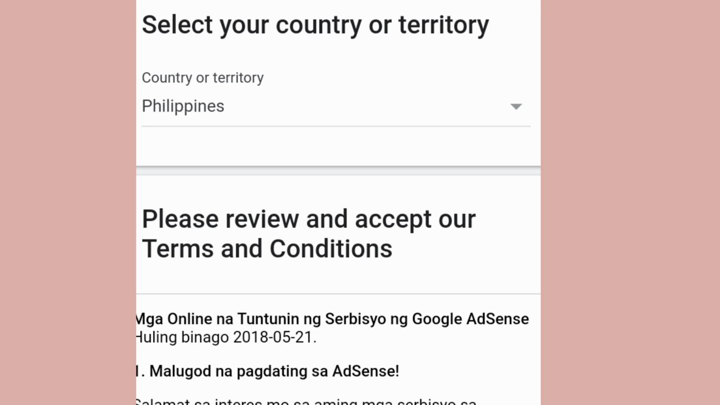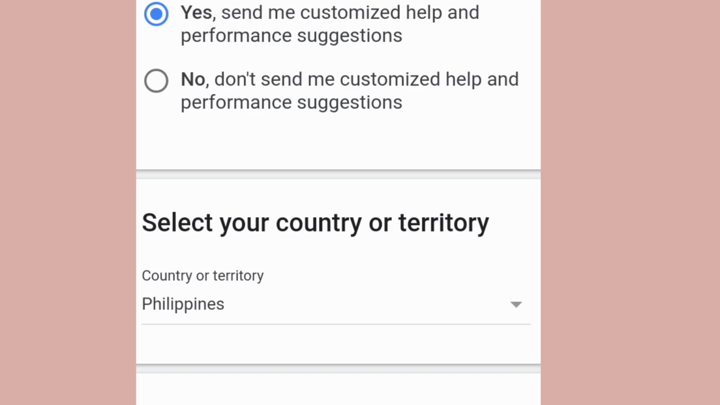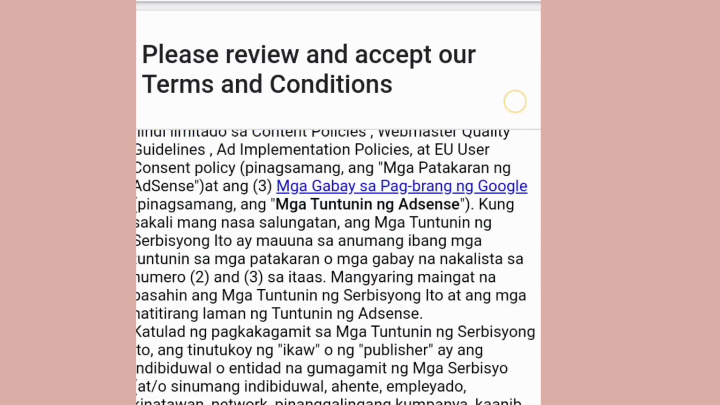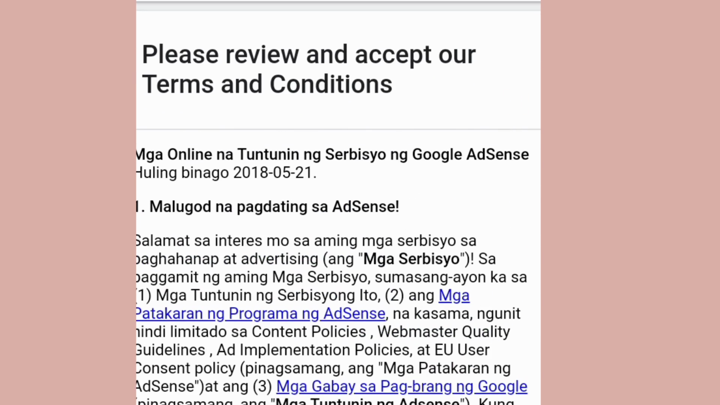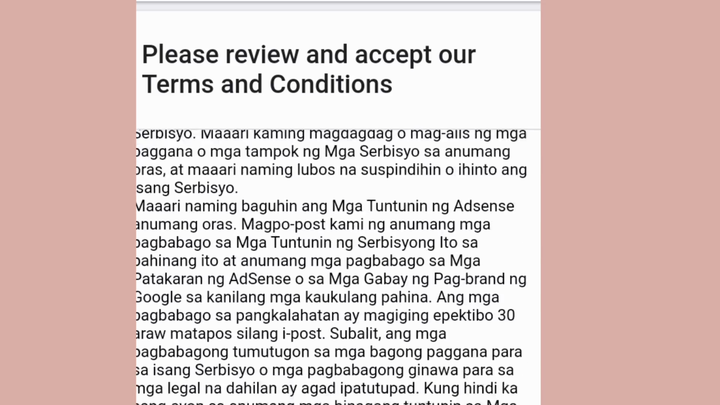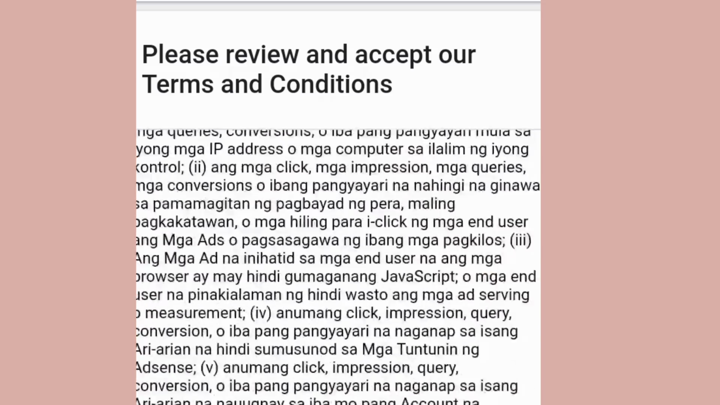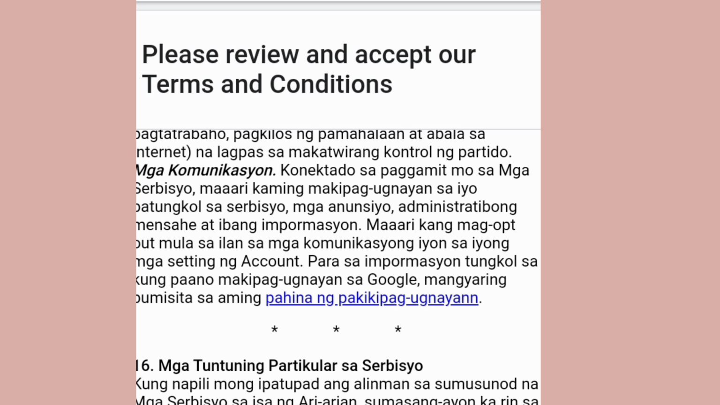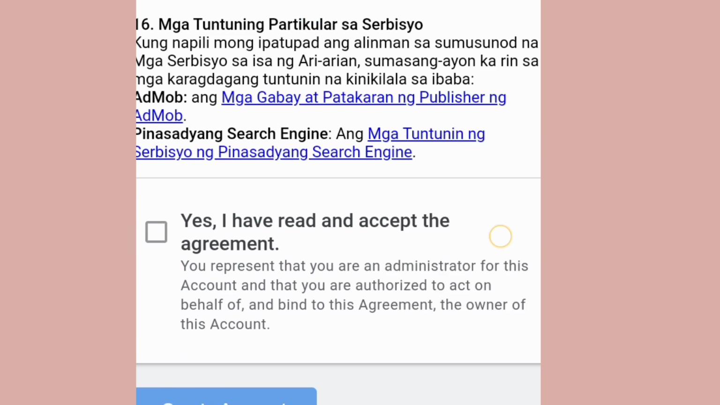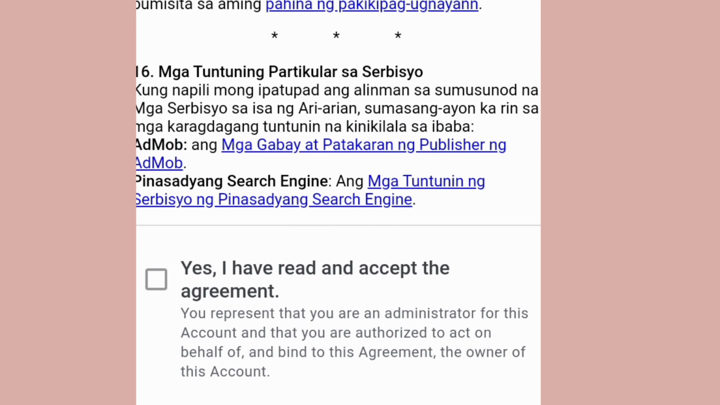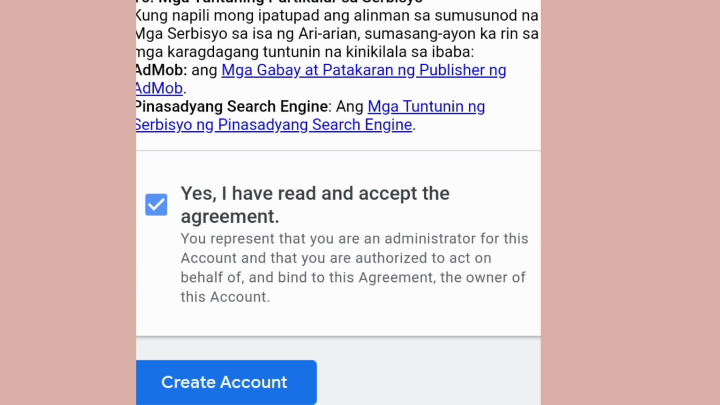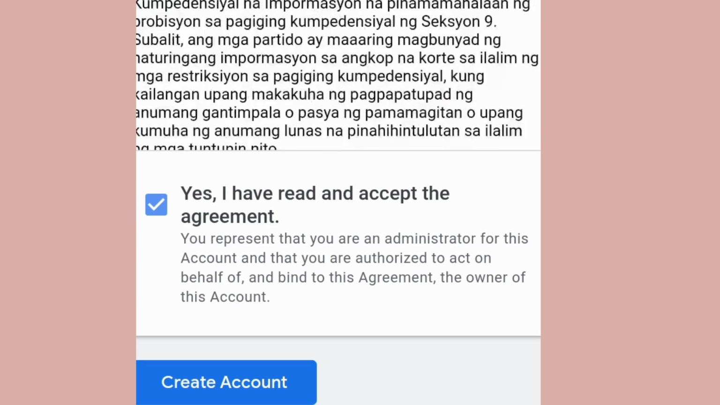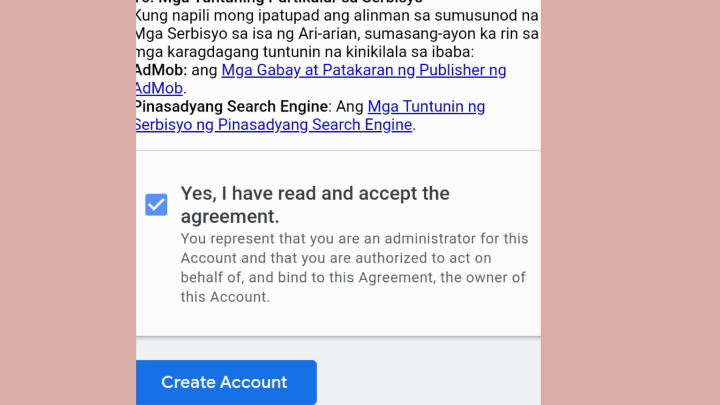okay? Ayan, then please review and accept your terms and conditions. Ayan, Tagalog na siya guys, since yung territory, yung place ng nilagay ko doon is Philippines. Okay? So, ayan, scroll down lang natin guys. And ayan, may nakalagay dito na, yes, I have read and accept the agreement. So, after that guys is create yung account niyo. Pero basa-basa din kayo guys ng kahit konti. Okay? Then, ayan,